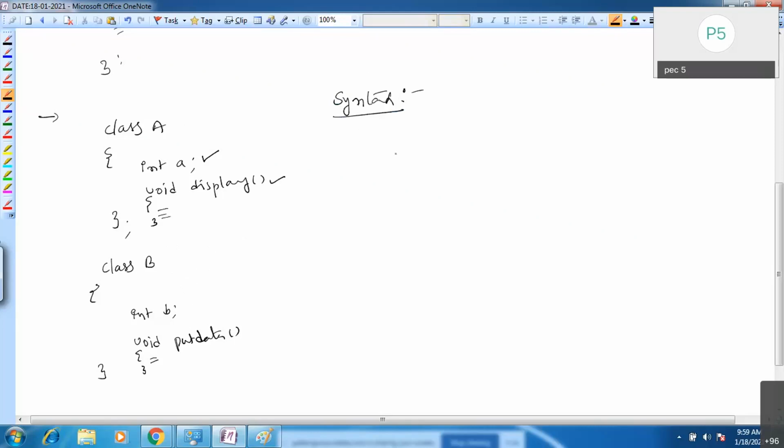I want to apply this inheritance concept to these two classes, class A and class B. The syntax you need to follow in C++ is: class is a keyword, then the derived class name, then a colon, then the access specifier, a space, then the base class name.